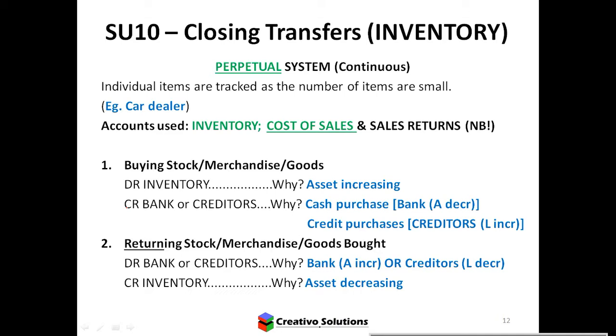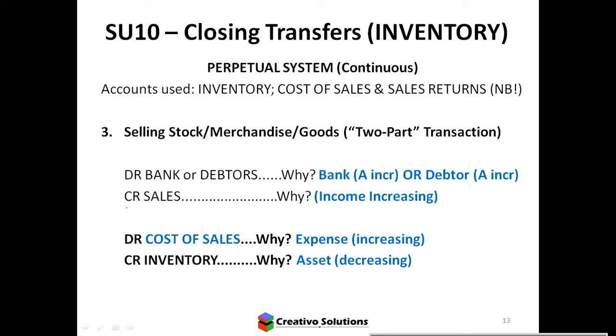I'm not always happy with the stock that I buy. So if you do return goods, you're going to reduce the inventory. Do you agree? Okay, so inventory will be decreasing. Right, the important bit is the why. Okay, why we're doing things. Right, next bit. What system here? Perpetual. Except we're looking at not the buying of stock, but the selling. Right, so if I'm selling stock using perpetual,